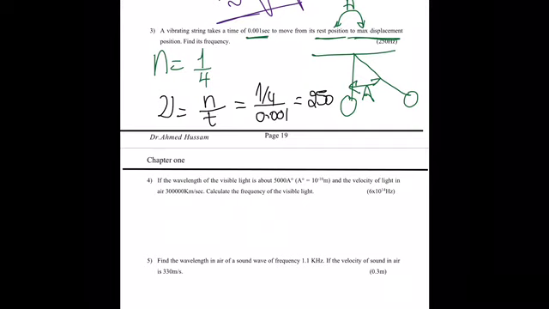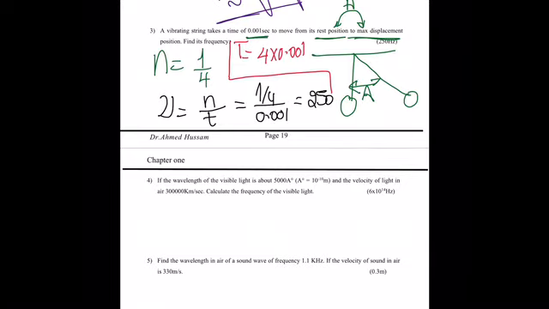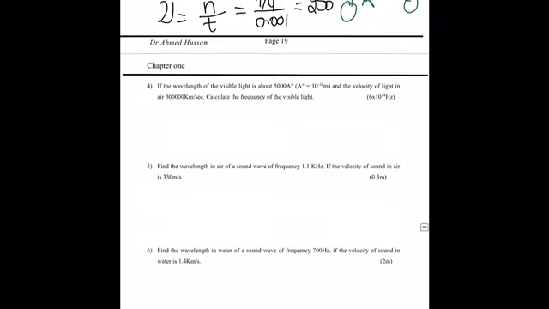If you'd like to find the periodic time, as shown, 4 times 0.001, and then find the frequency as the reciprocal of the periodic time, it's also okay. Then move